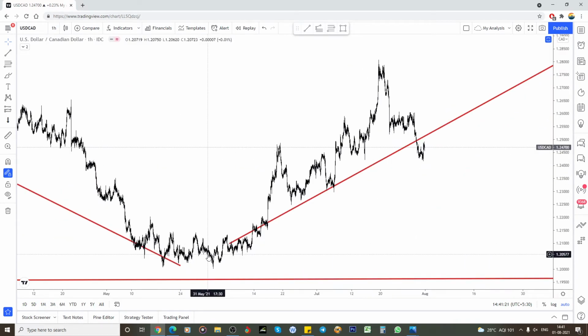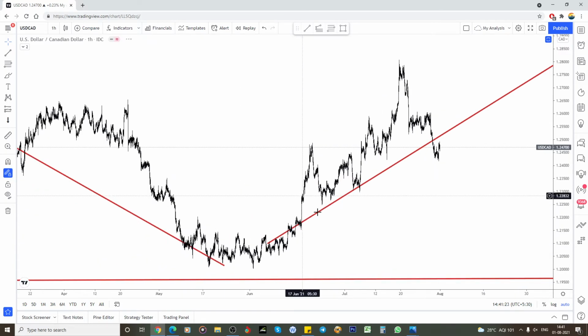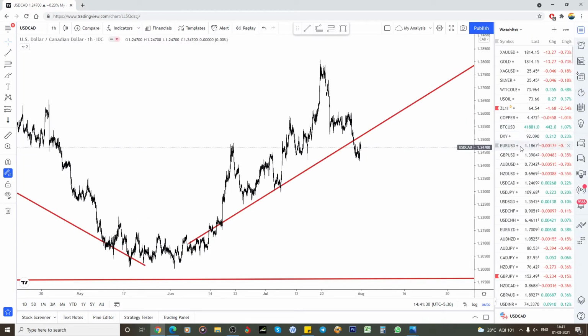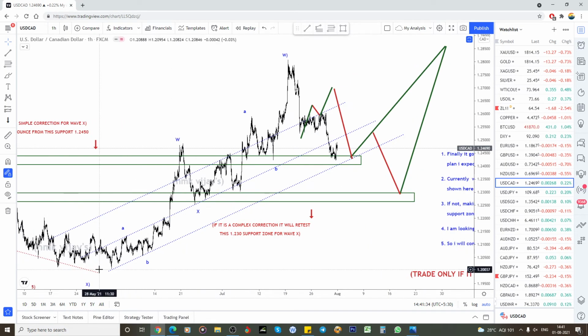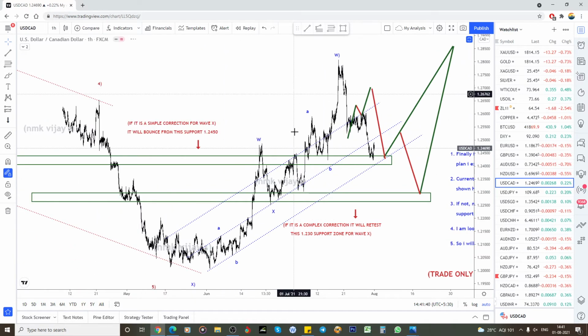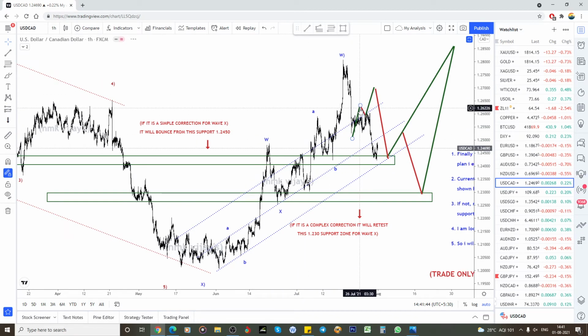It is doing a little bit of W, X, Y like that. So I will show you what I did in the USD CAD. A, B, C is a W, X. So this 1, 2, 3, 4, 5 is a B and C. So it is making here a corrective pattern in three-way structure. What I did, it already did a 3-way structure, and again it came down.